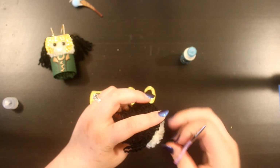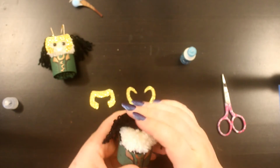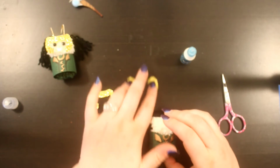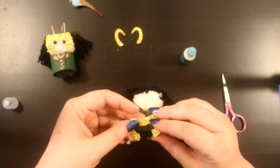If you want, you can go ahead and give that just a little cut. That way he doesn't stick out like an outlier. But it's up to you, and again, your pom-pom, your Pompom Pet. So being that we have a mask that's going to be kind of centered and featured on his face,